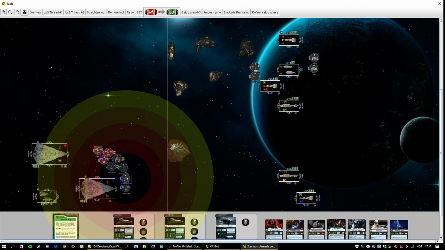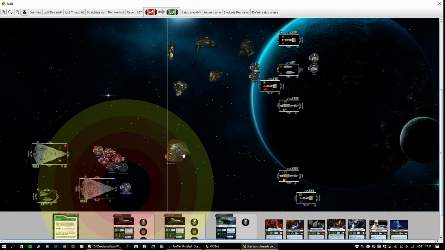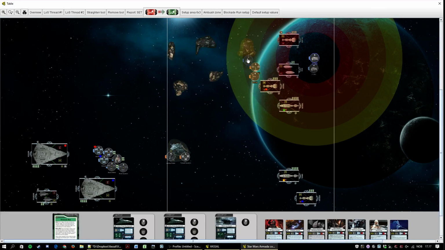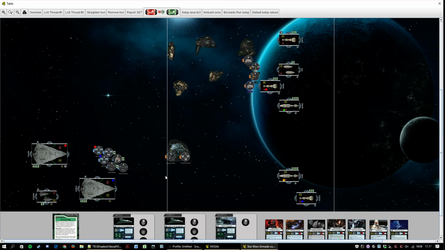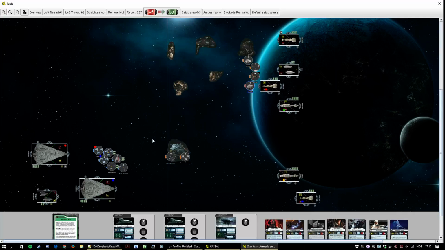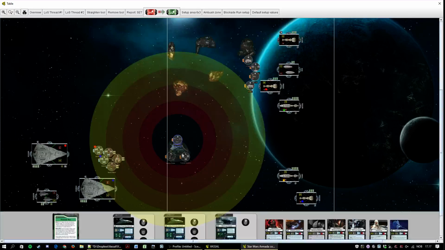And the Empire player does the same, activates, and report set, and the rebel scum rushes forward, and now it's set twice. It's out of squadrons, so Empire finds black squadron, moves forward, activates,